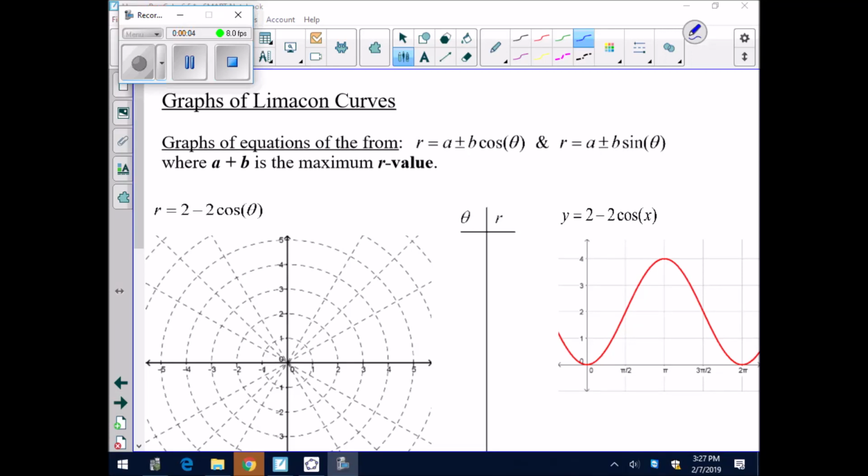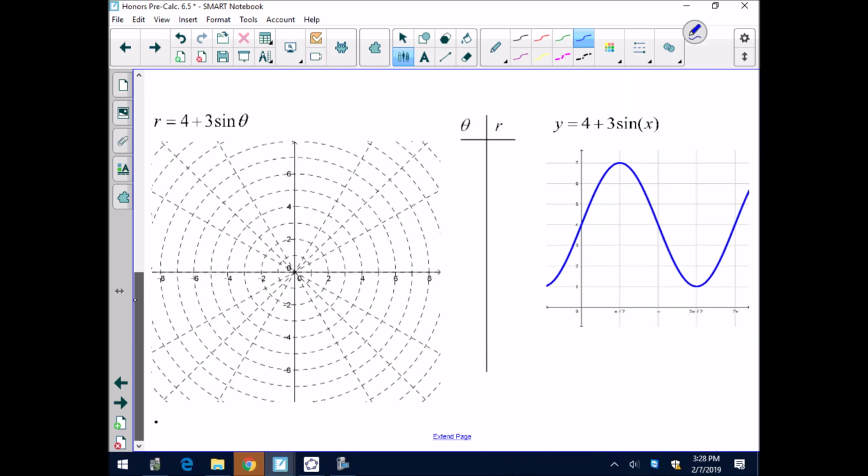Very good. So this is going to be graphing limacons, and we're going to use that property of symmetry to help us graph limacons with a little bit less work. We're going to have to find fewer ordered pairs manually. In general, this is the same graphing that we've done before. But before we graph these polar equations, we're going to prove symmetry, right? And then we're going to talk about how we can use symmetry to help us